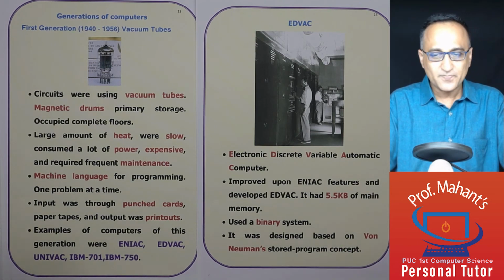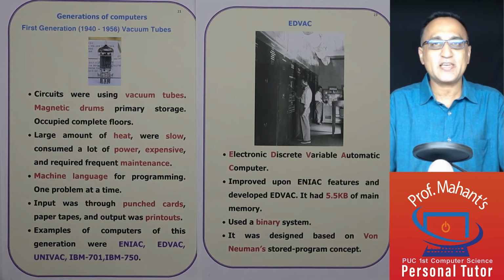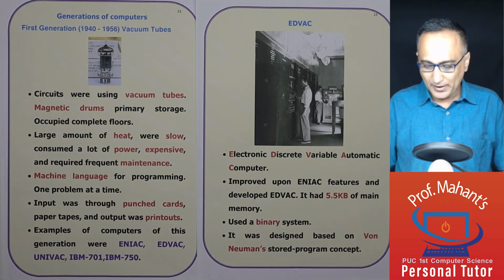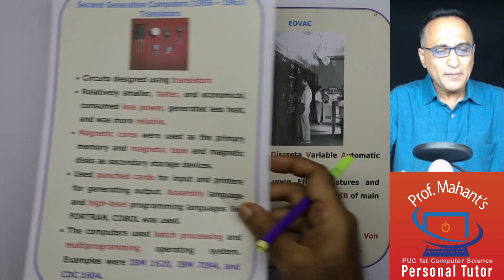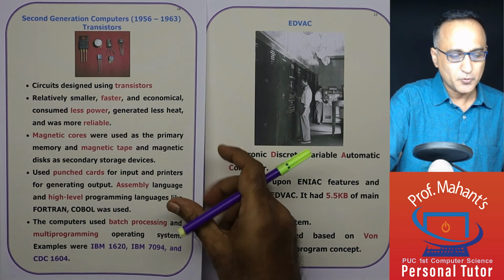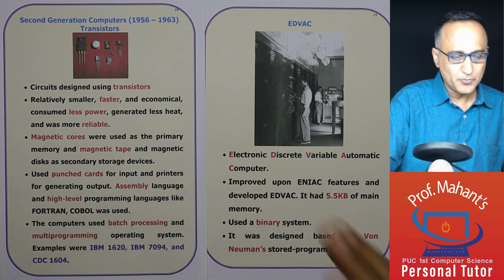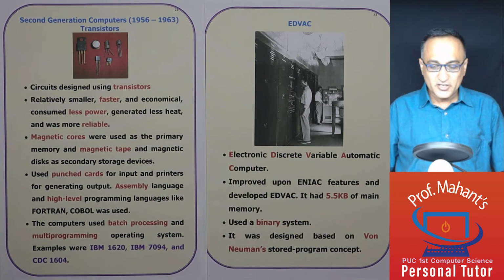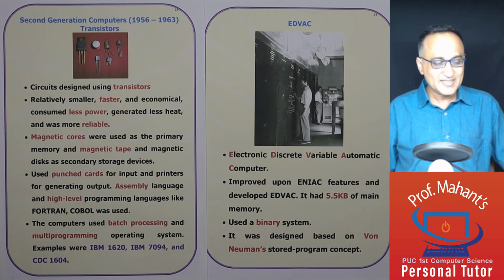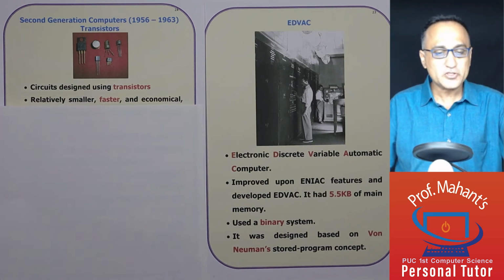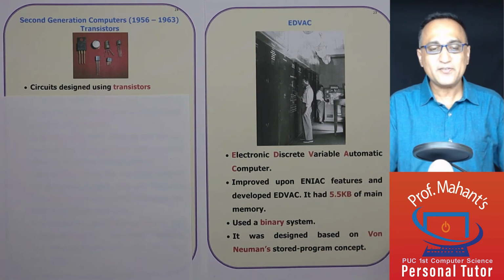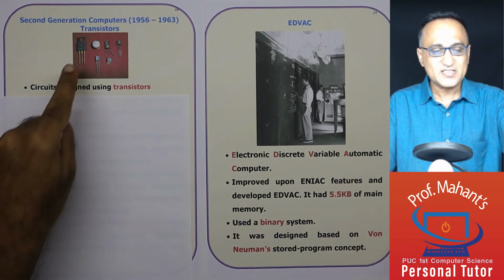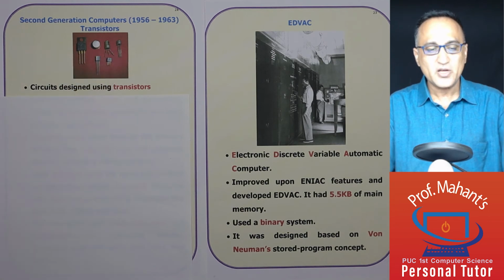So we discussed a couple of first generation examples, the ENIAC and the EDVAC. Now let's take a look at what happened in the second generation of computers. The second generation of computers were designed, or the circuits in them were designed using transistors, as opposed to vacuum tubes. Between the years 1956 to 63, transistors, which you can see the tiny pictures here, were used to